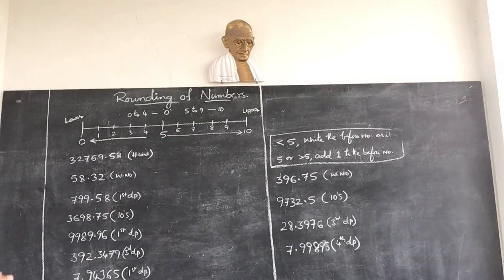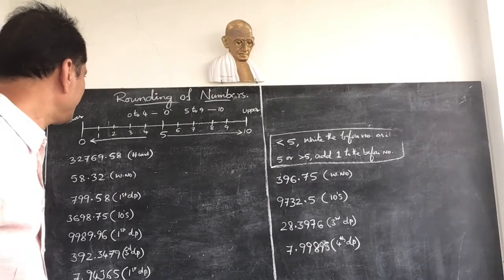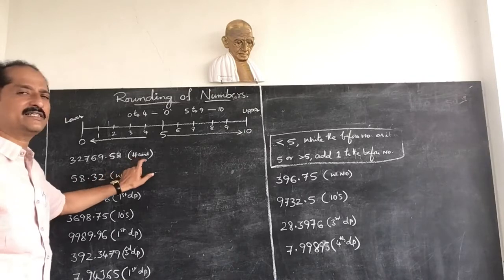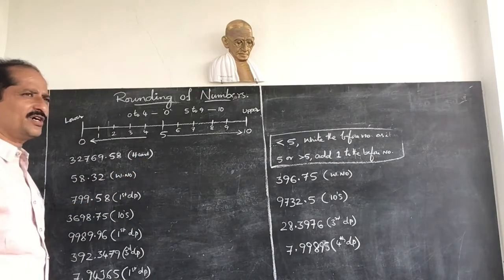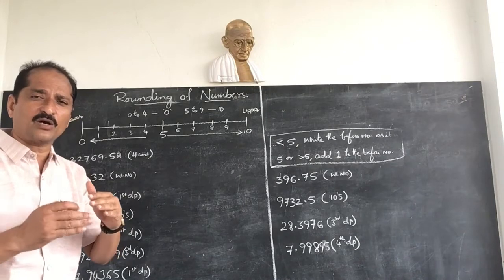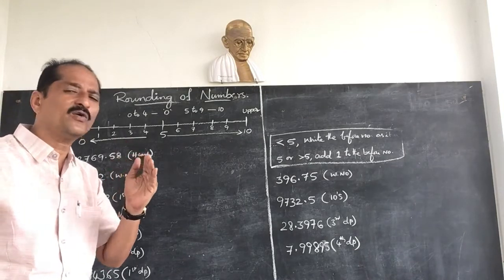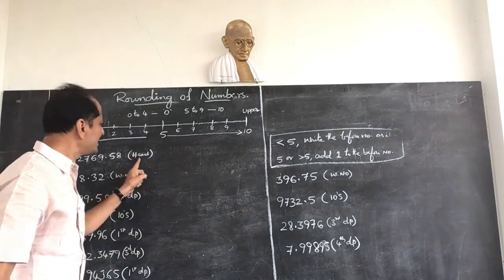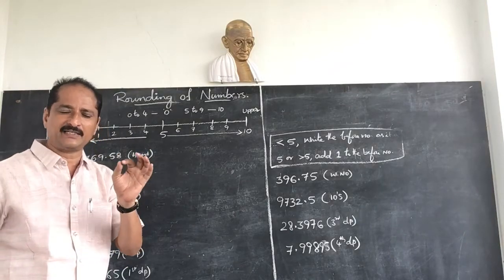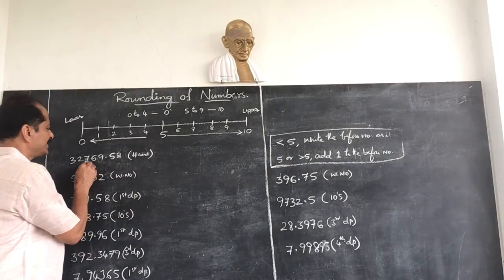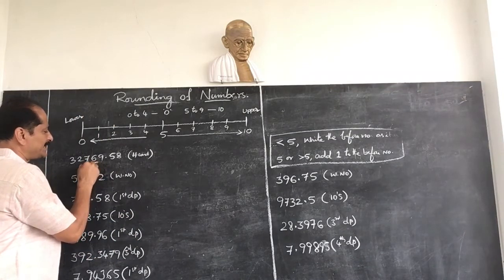Okay. Now observe carefully about these decimal places. To round off these numbers to the places also given in the bracket, we should round off these to those places. For example, taking the first one, round off this to the nearest hundreds place. To which place you are going to round, we should see the next lower than that place. Next lower than hundreds place is tens place. Digit in tens place is 6.